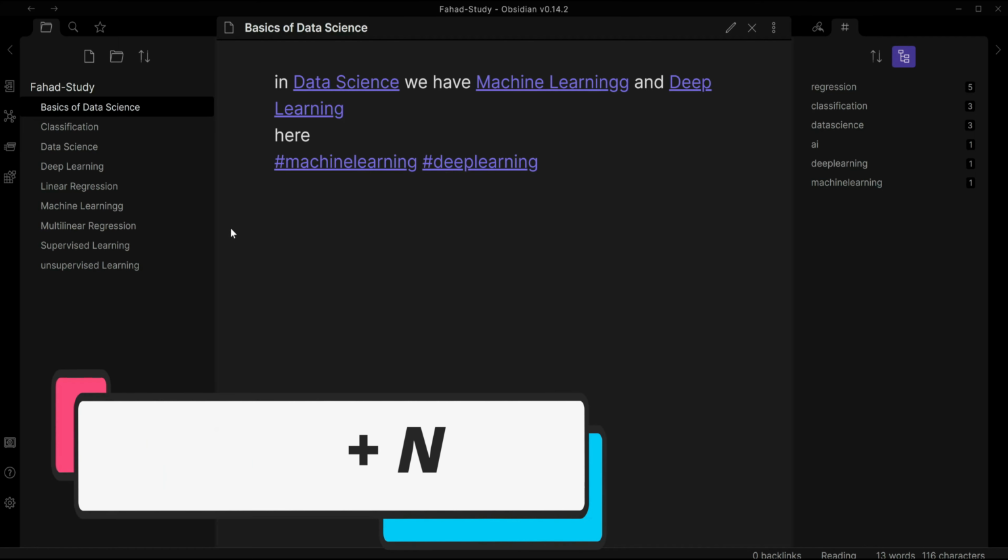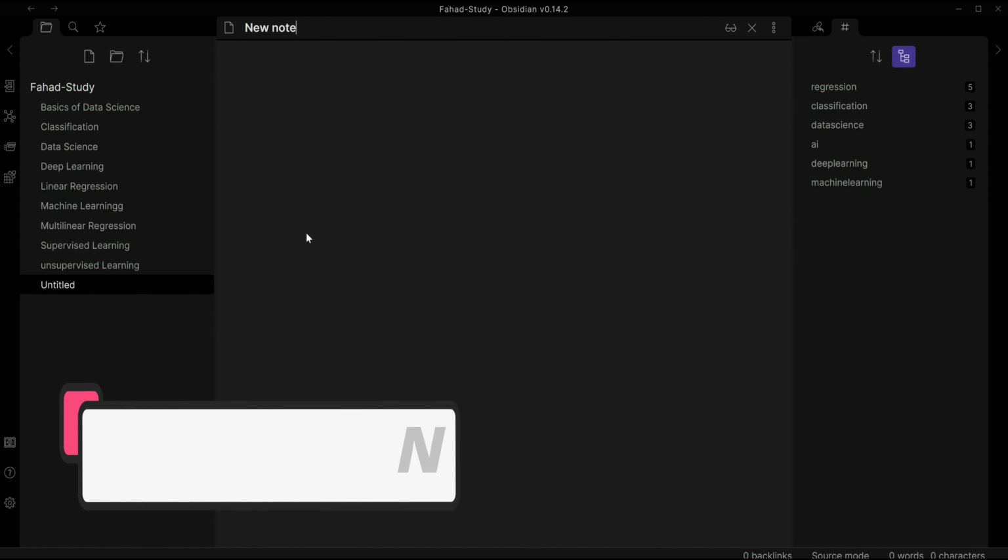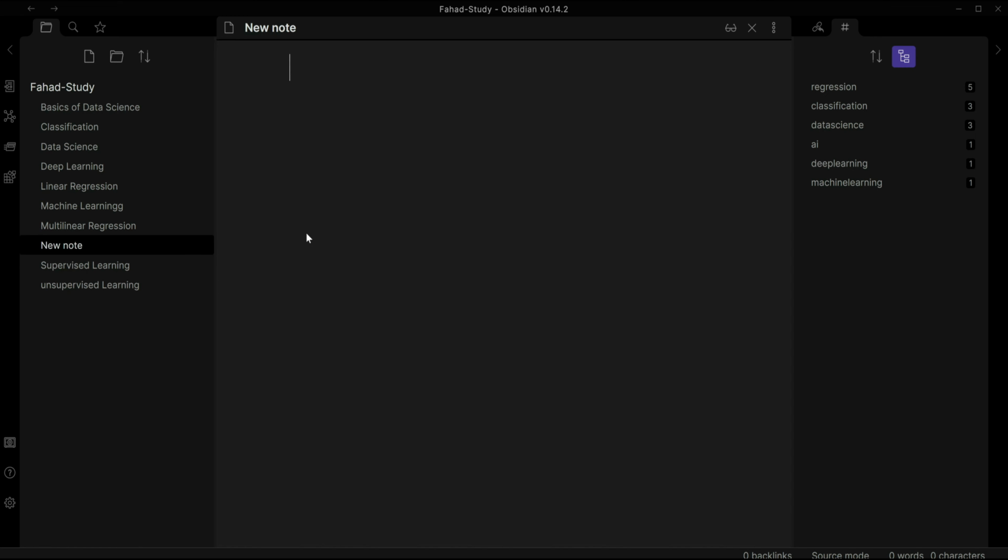So I'm going to press Control N and I'll have a new untitled note. I'm going to rename it new note, and then press enter. Once I press enter, from the title of the note, I'll be moved to the content of the note, and here I can just start writing my headings. Let's say this is the introduction,